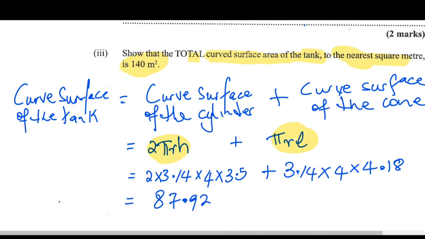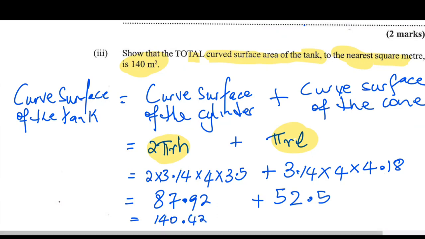Pi r l: 3.14 times 4 times 4.18, and I'm getting something like 52.5. Now if we add these together, 52.5 plus 87.92, we actually got